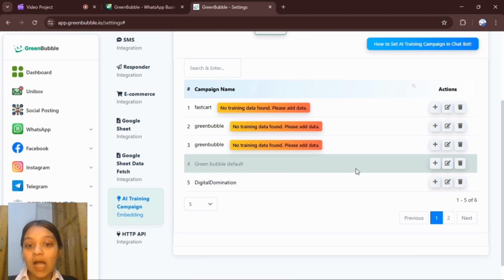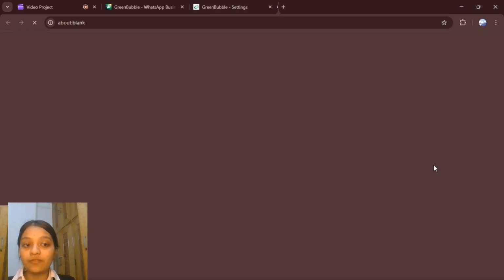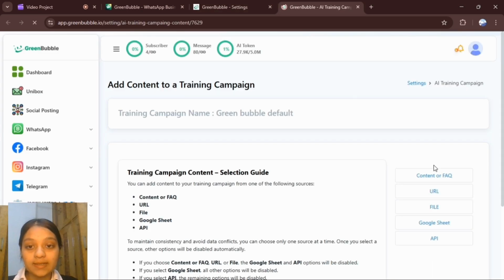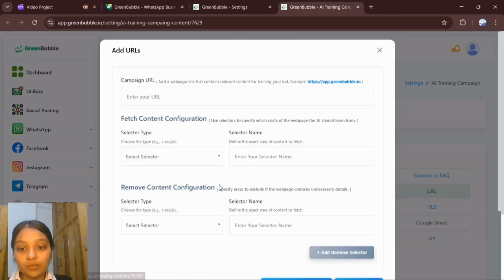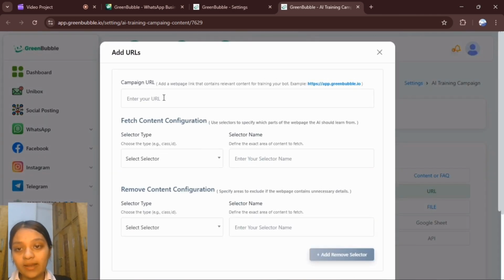So let's see how we can add different data. Here we can add FAQs and URLs to train our data. You can add a URL over here for your AI agent so that it can know what information it needs to reply to our customers. You can just add new and add the URL of your web page, link, and whatever you need your AI to know about.